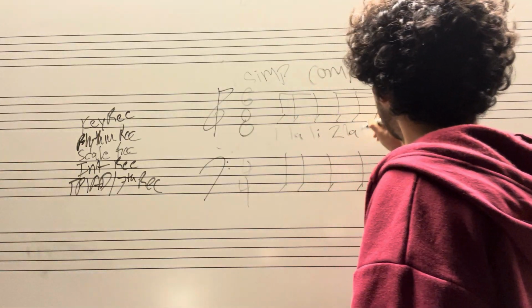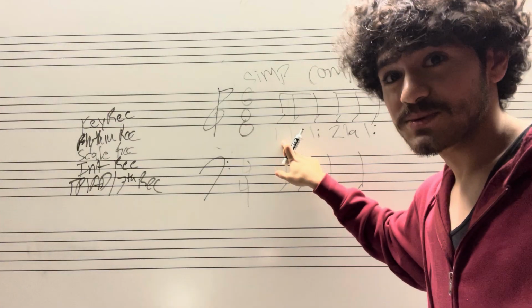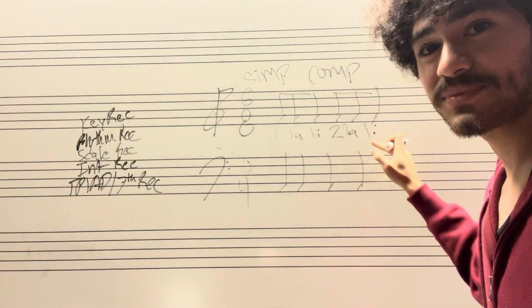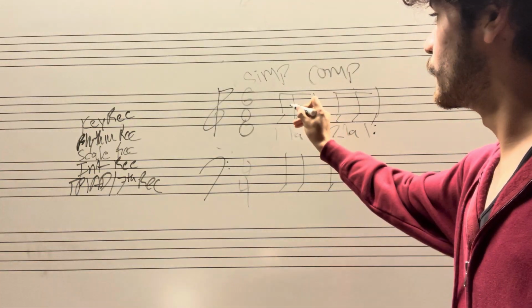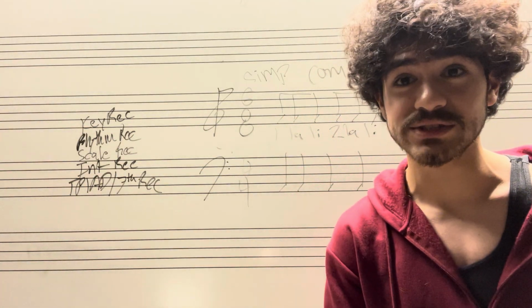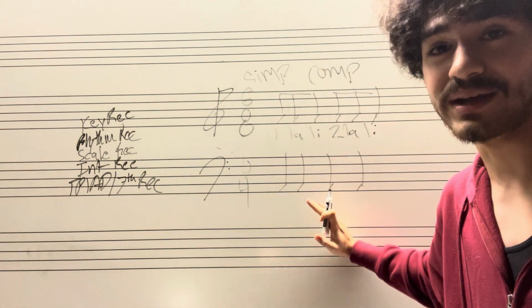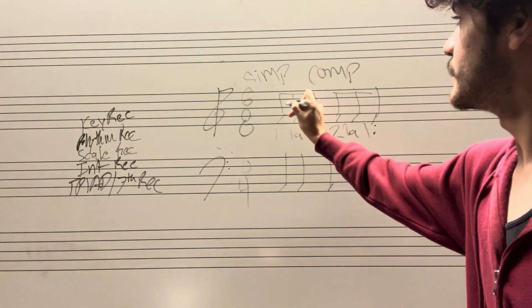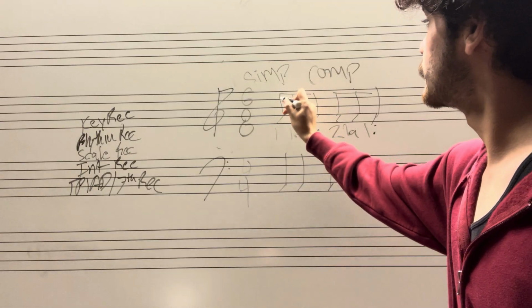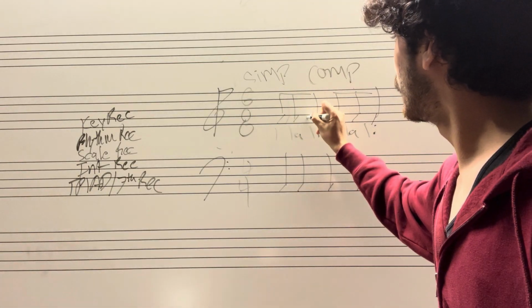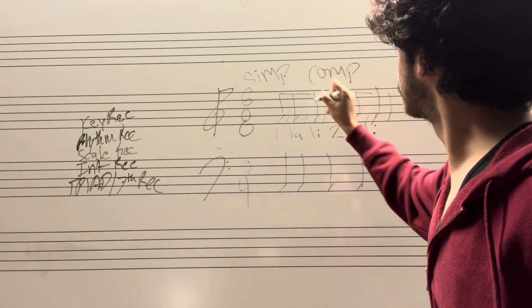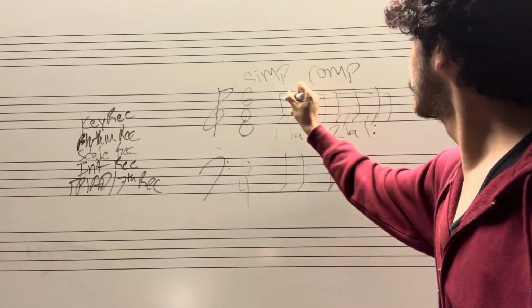Okay, good. So this one goes 1 lolly, 2 lolly. Now, what about the division? We already know 1 and 2 and 3 and with simple meter. Now with this one right here, let's say all of a sudden we get